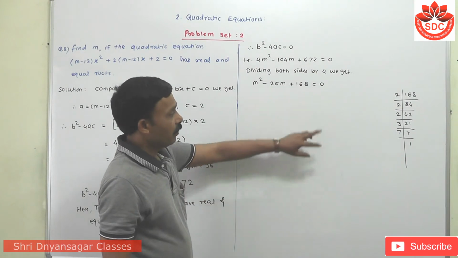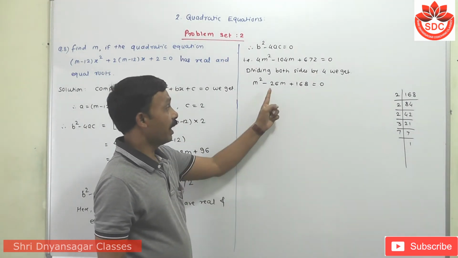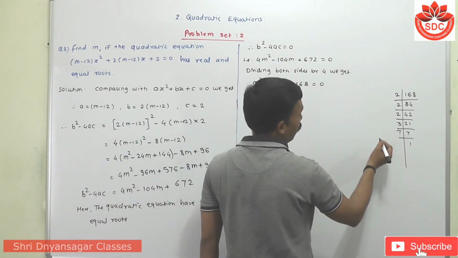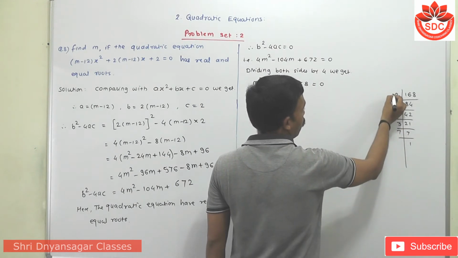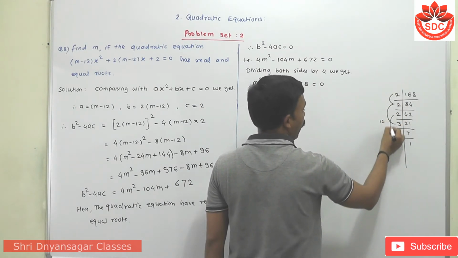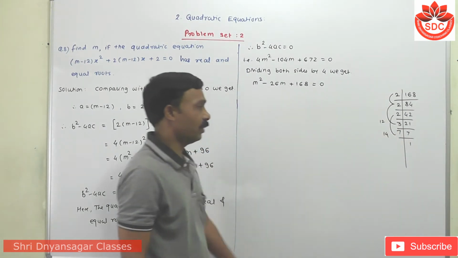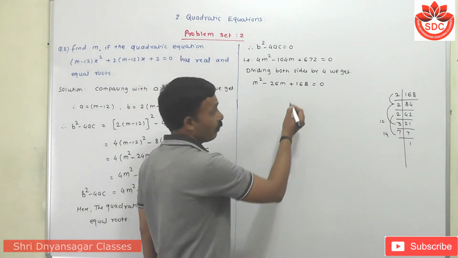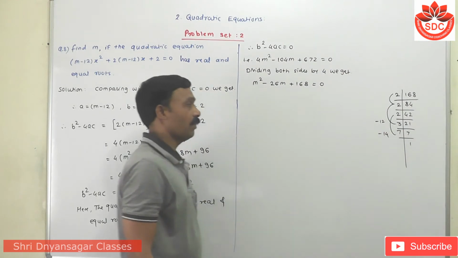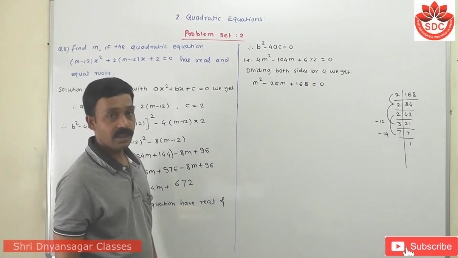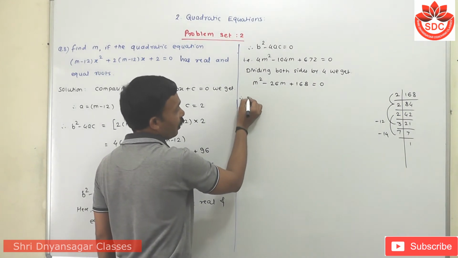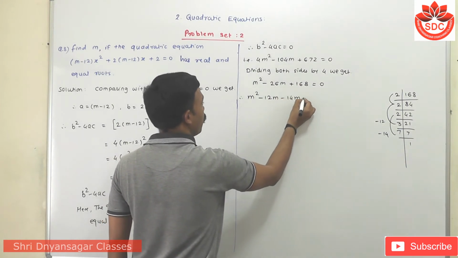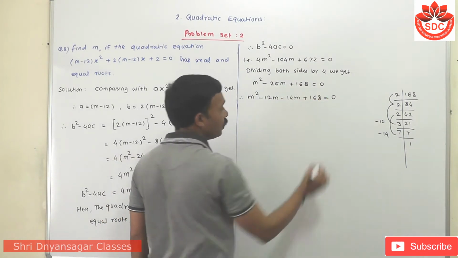Student, now we have to make groups of only two numbers whose addition is minus 26. Now here if we take the groups, 2 2s are 4, 4 3s are 12 and 7 2s are 14. Okay, look here, 12 and 14, then the addition becomes 26. Now we want the product plus, so use the sign both minus minus. Can you understand how to find it? And split it for the middle term. Therefore, m square minus 12m minus 14m plus 168 is equal to 0.